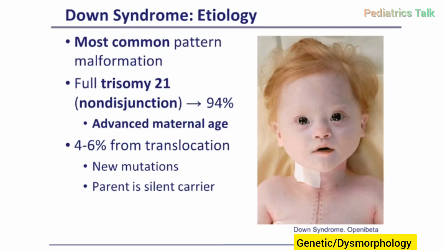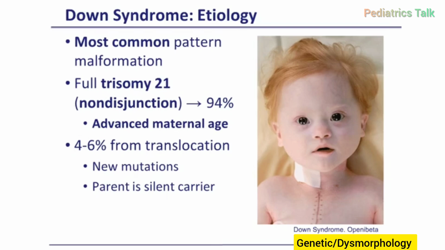That is, a parent, mother or father, is carrying the translocation, and depending on whether or not the baby gets that particular chromosome of the two, the baby then will still have three copies of the 21 chromosome. So it is imperative, once we have a child with Down syndrome with the features you can see in this picture, primarily the upslanting palpebral fissures, if we then have a karyotype consistent with translocation as to the method of producing this Down syndrome child, then the next step in management first has got to be to do a karyotype on each of the parents to see if they are a silent translocation carrier, because this has implications in terms